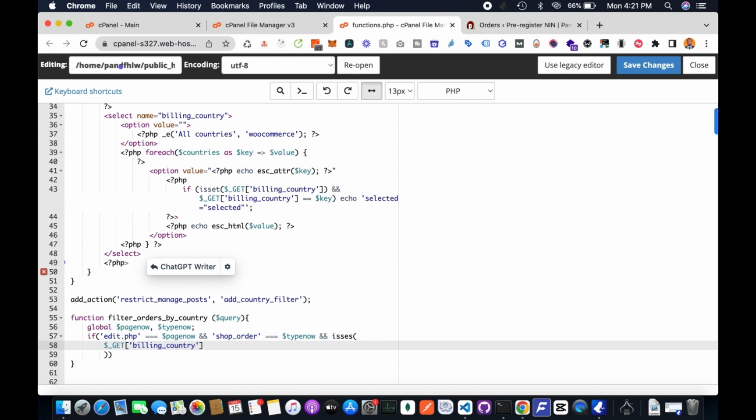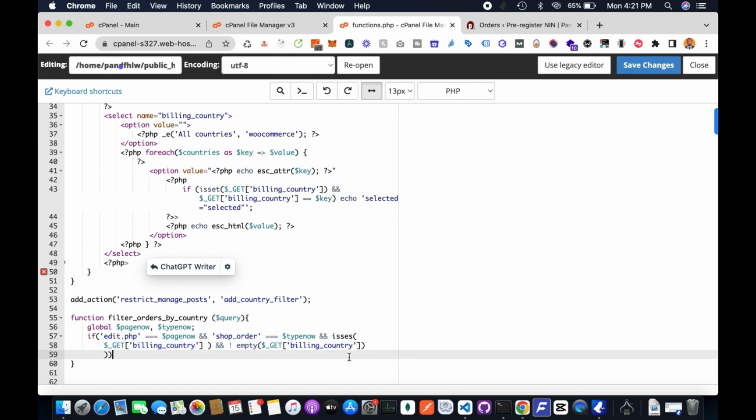These are conditions we're setting. And not empty, $_get array, billing_country. This line is to check if the current page is the order management page, which is edit.php. The current post type is shop order, and if the billing country parameter is set in the URL and it's